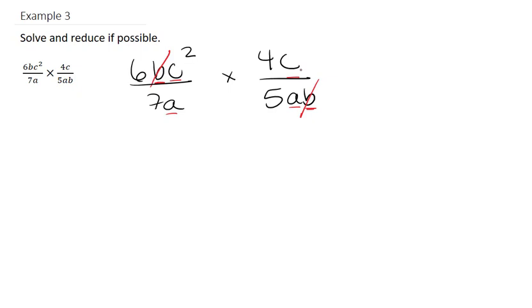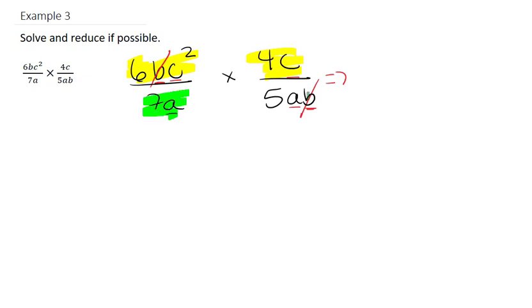Now let's look at the numbers. We have a 6 and a 7 and a 4 and a 5. So there's no common factors from the top and the bottom, because 6 and 5 can't be reduced, or 4 and 5 can't be reduced, or 6 and 7 can't be reduced, or 4 and 7 can't be reduced, as we have to look between the numerator and denominator for common factors. So we are left with multiplying 6 times 4 on the top,